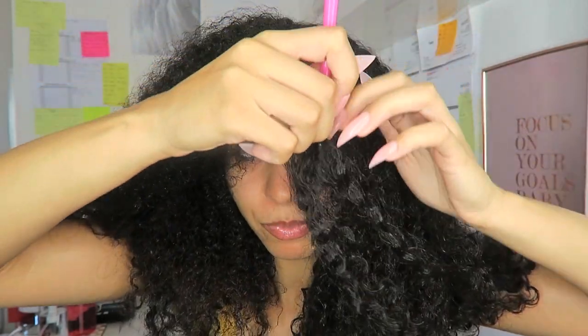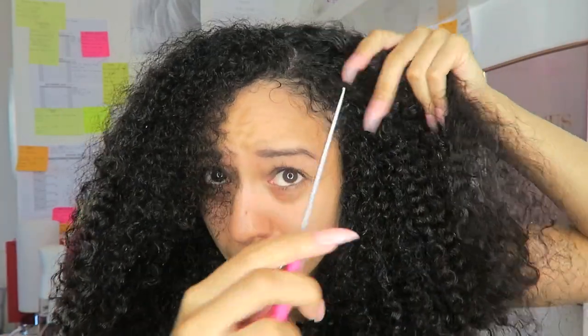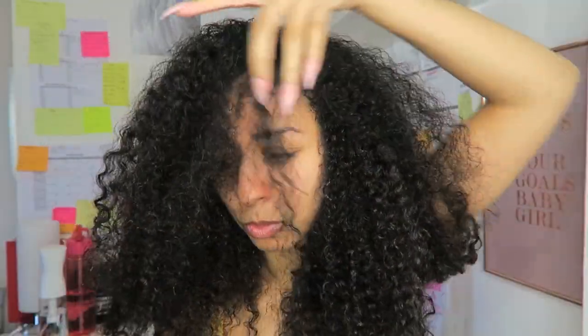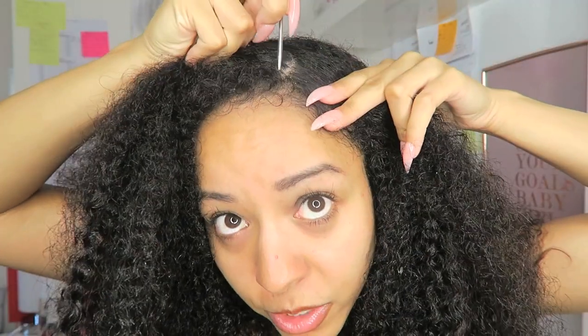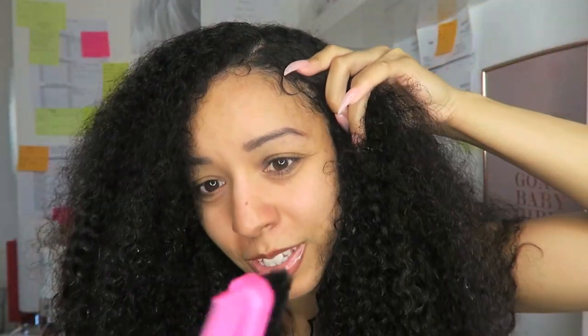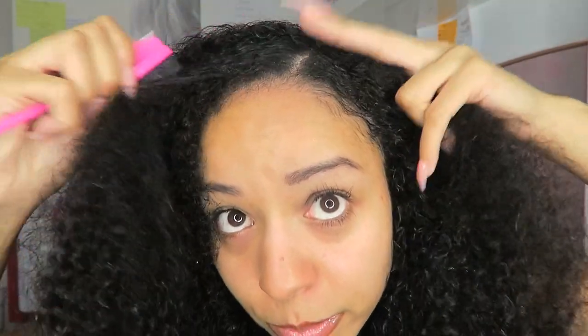And then what I'm going to do is just make a clear parting. I'm going to use my edge brush, which again is available from Oso Curly, and I love this one because it has the pointy end, so you can make partings with it. So we're just going to make a side parting here. I'm not the best with partings because I don't really style my hair much. I just do my typical wash and goes. My hair is really weird when it comes to partings. It doesn't like to do what I want it to do. But this also has a comb as well, so I can comb it away where it needs to be combed away. Doesn't have to be perfect, but as long as there is a part in there,